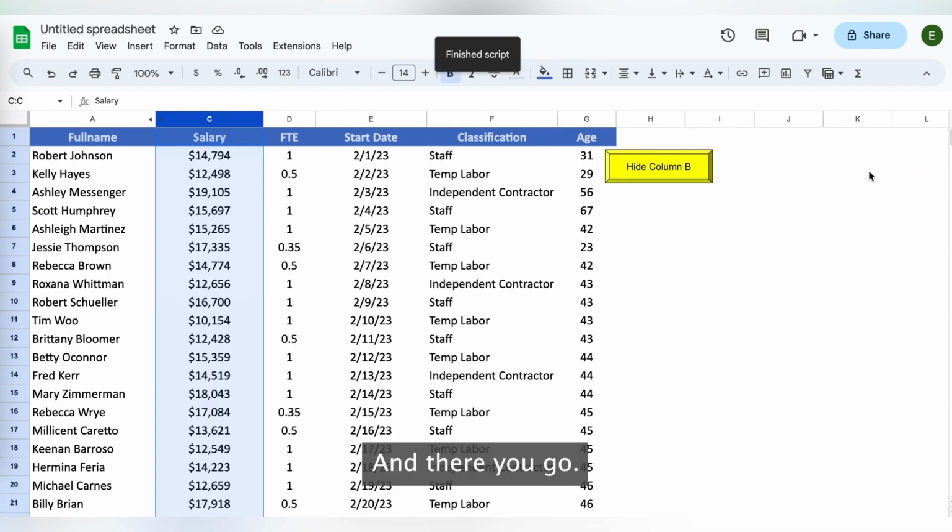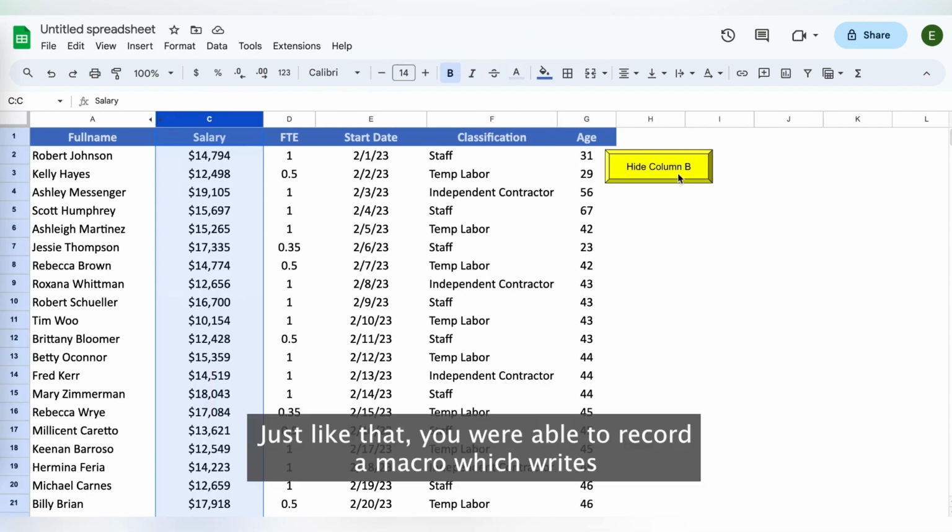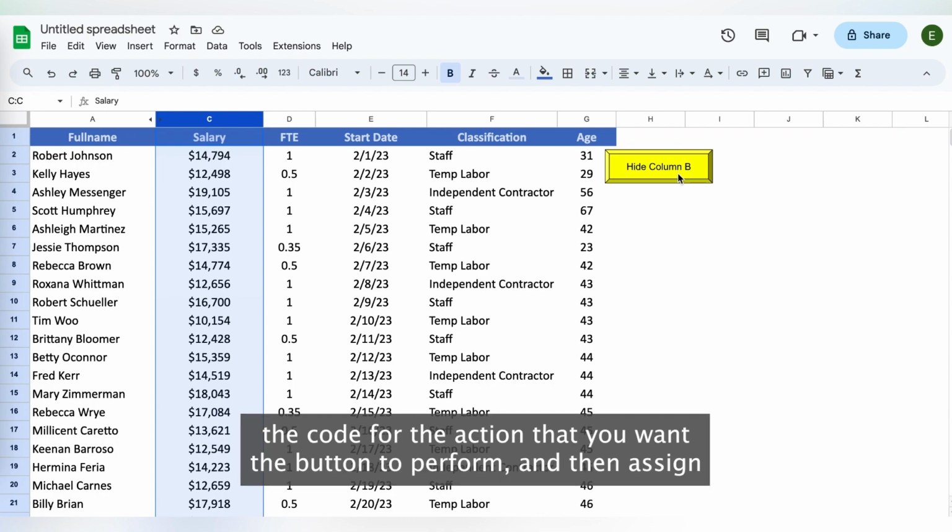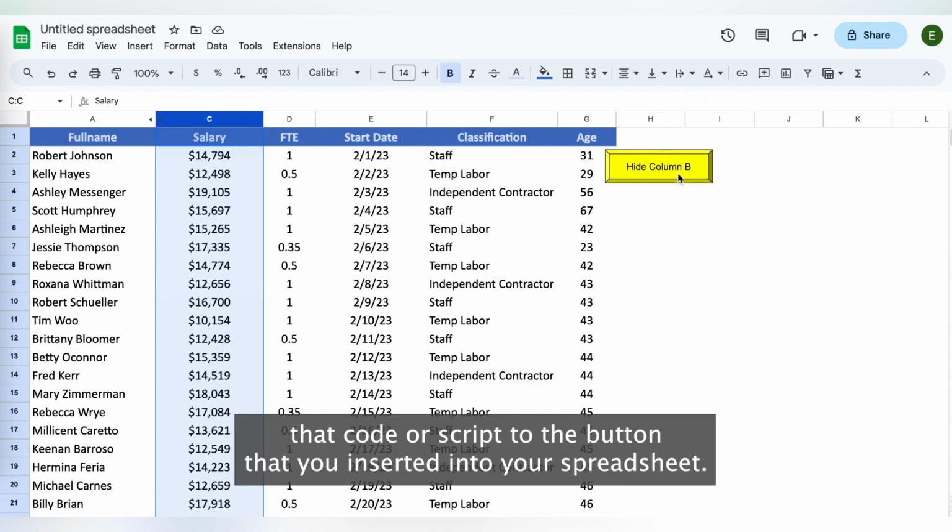And there you go. Just like that, you're able to record a macro which writes the code for the action that you want the button to perform, and then assign that code or script to the button that you inserted